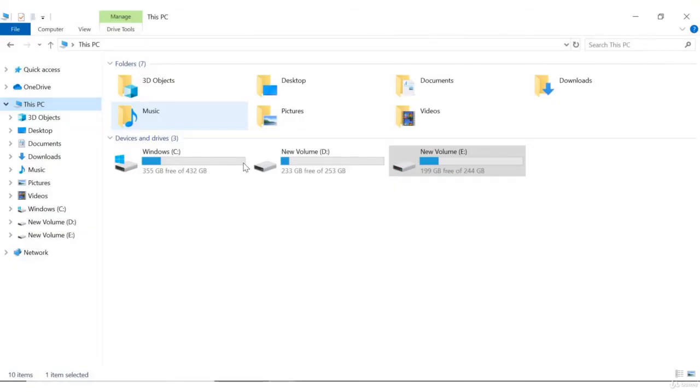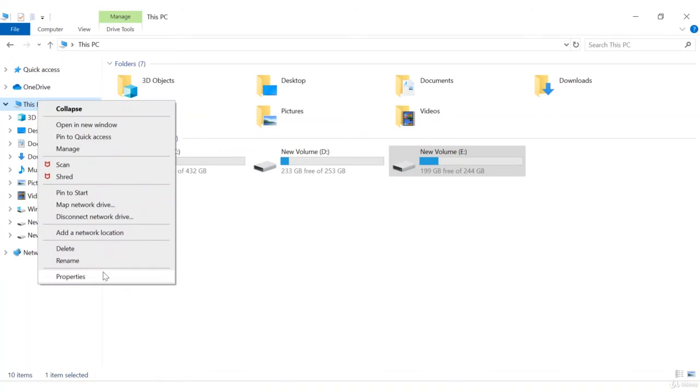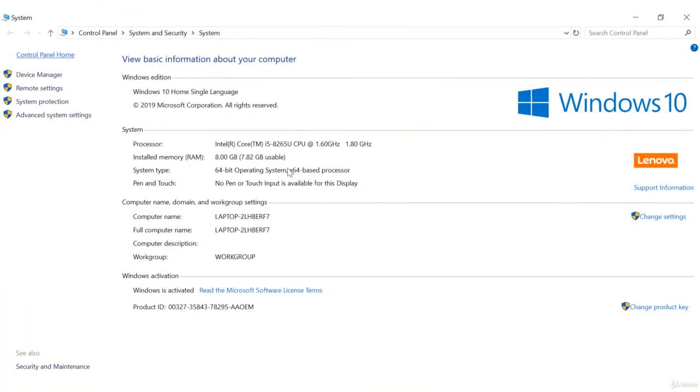To check whether your operating system is Windows 10 Home Edition or Enterprise or Professional, open File Explorer or My Computer, right click on This PC, and go to Properties. I am using Windows 10 Home Single Language Edition, so that's why I'm going to use Docker Toolbox.